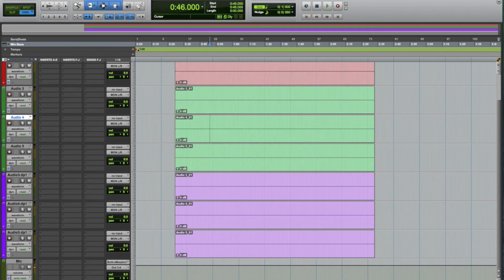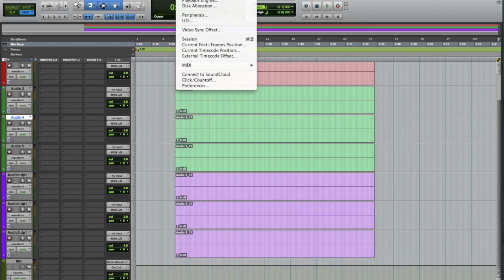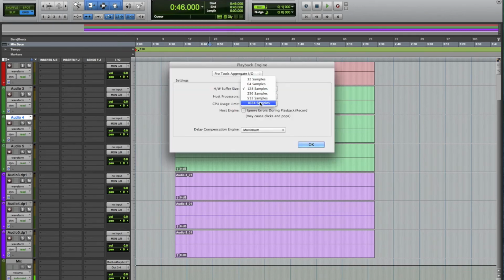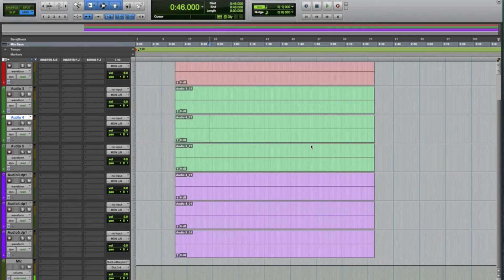If you don't set this buffer size correctly for mixing, you'll notice you have a lot of stop playback. You'll get that error saying that there's not enough memory to process this mix, the buffer size is too low. It'll let you know, especially when you have a session loaded with plugins.